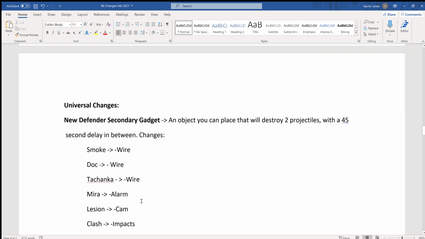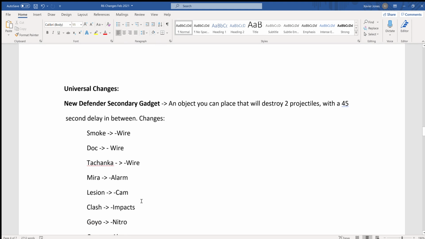Next, by the way, let me go through. I can't speed through it too much. I have to go and explain some stuff, right? So, very simply, it's going to be like a small little gadget you can place on the ground, and it's a secondary gadget, right? So multiple operators can have it. And the whole idea is that it's going to essentially act like Jaeger's ADS, and it will destroy two projectiles, the same projectiles that Jaeger can destroy